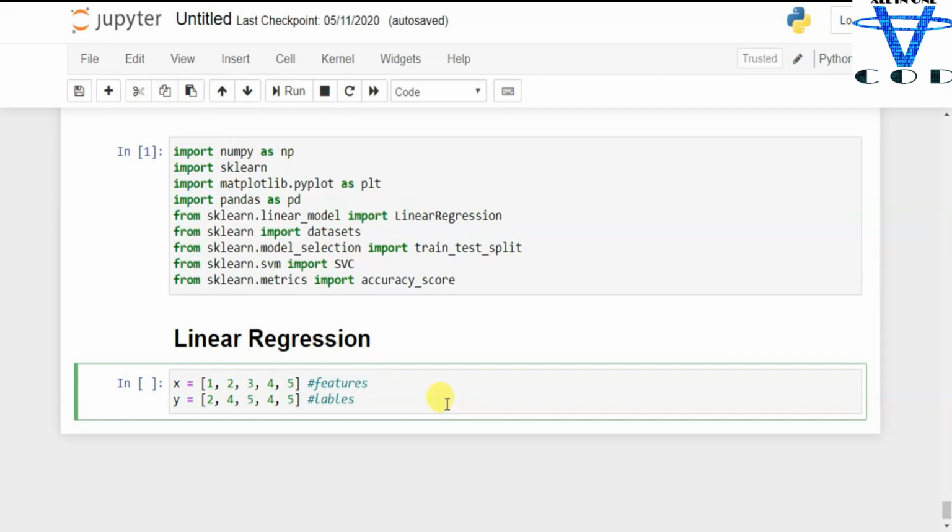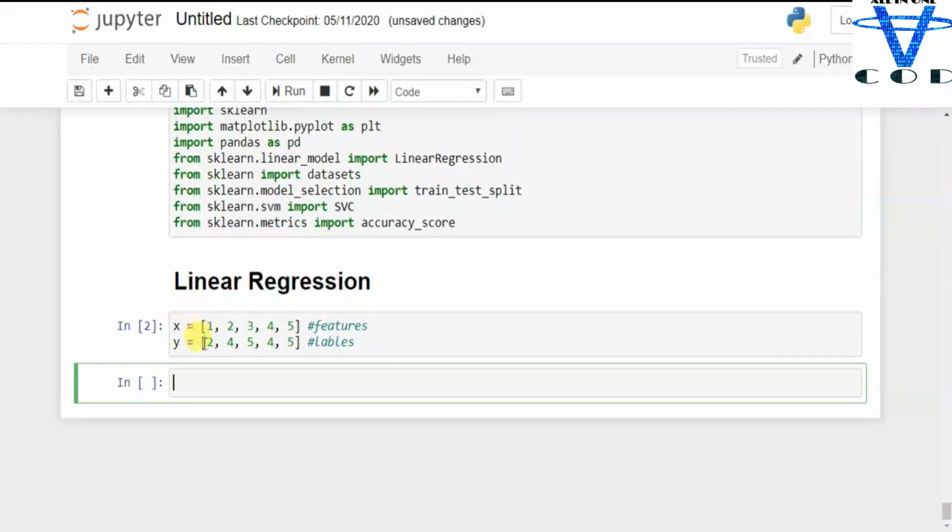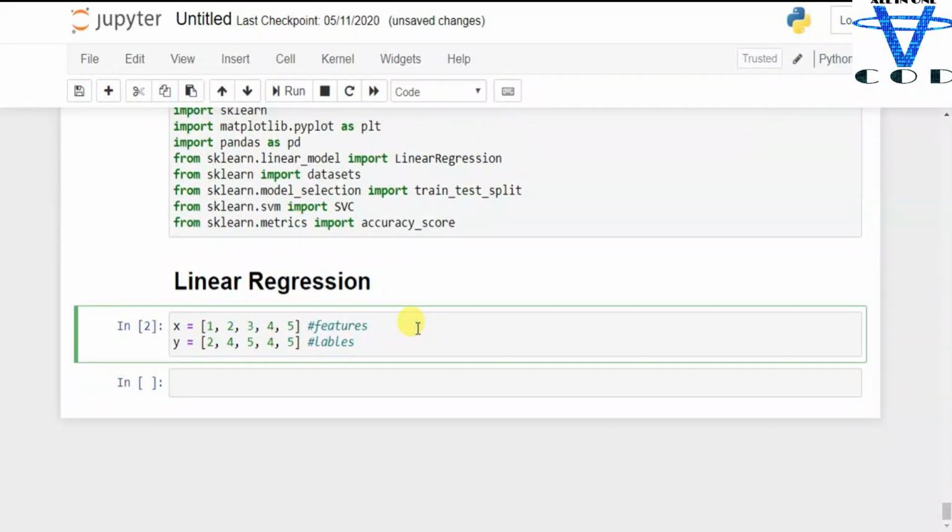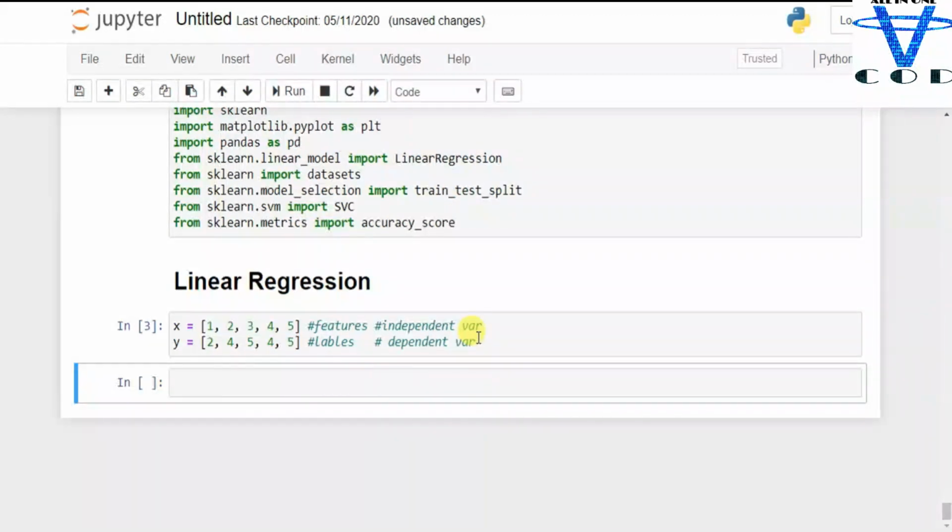So this is our x and y, and x is our independent variable, and obviously y is our dependent variable. Okay, now first we have to find the mean of x and the mean of y.